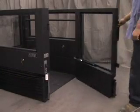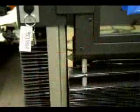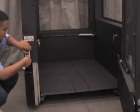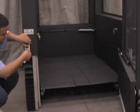Prop the lower landing gate open using the hold open washer on the door closer. You may need to hold an operating switch down to disengage the gate interlock so that the gate can be opened. Check the floor underneath the lift to ensure that it is clear of any obstructions, including the lift's power cord. Then hold an operating switch up to lower the base to the ground and raise the lift car until